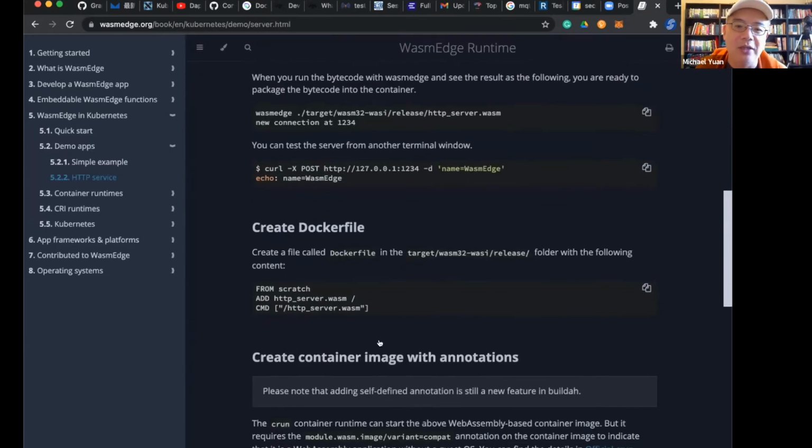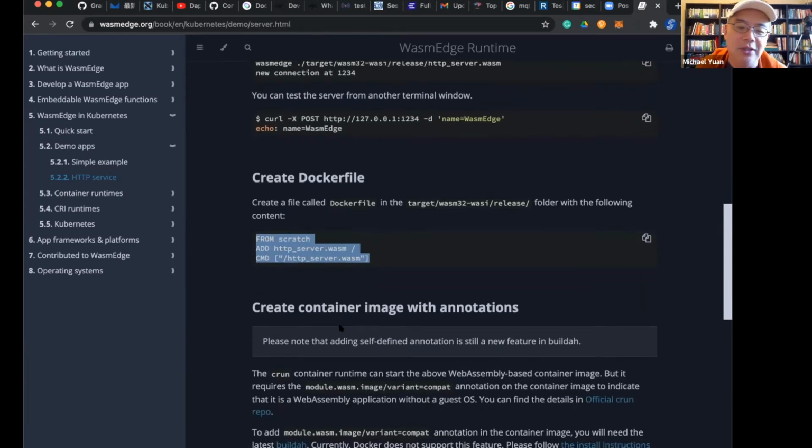Create the Docker file, and you can see the Docker file has no operating system in it. It's just from scratch. It adds this Wasm file, and then for the CRUN runtime, when it sees a Docker image like that, it knows to extract this Wasm file out of it, and then you use